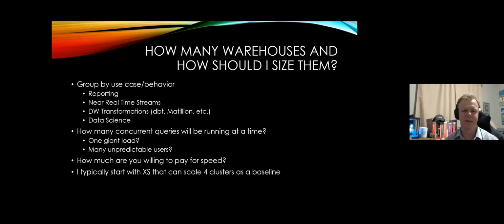So I want to set a limit to how wide or how many clusters can come up, as opposed to something like data warehouse transformations, where I know pretty well how long they're going to take, and I want them to shut off at certain times, and I want to kind of group them together. And so that's the first thing that my head goes to, is start by grouping by use cases